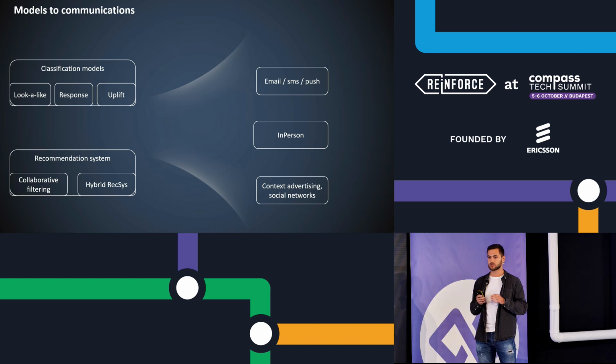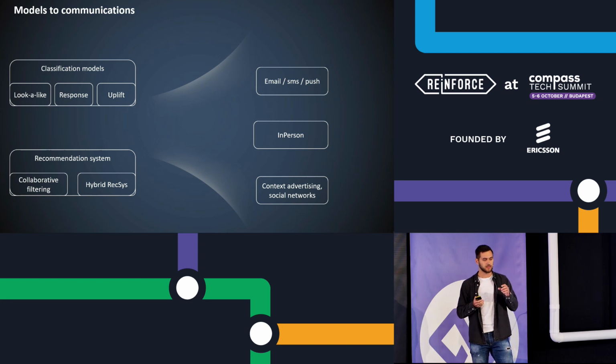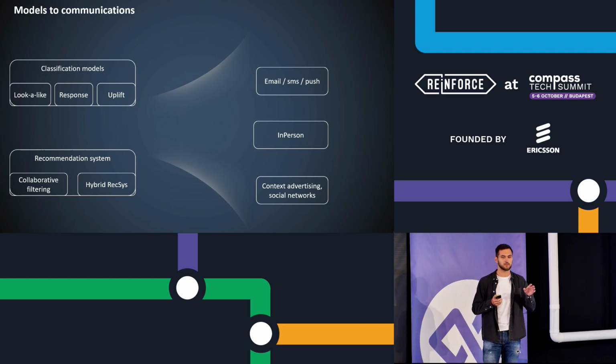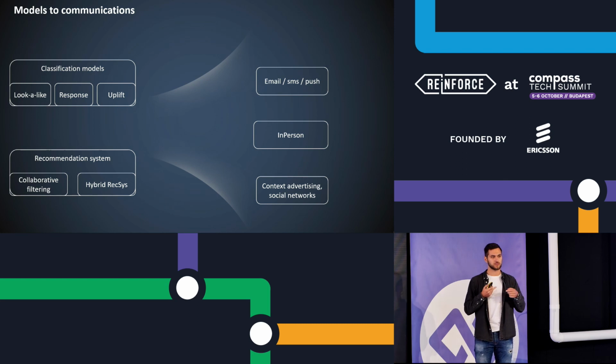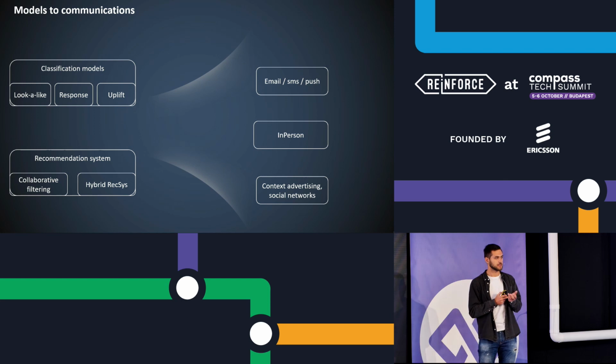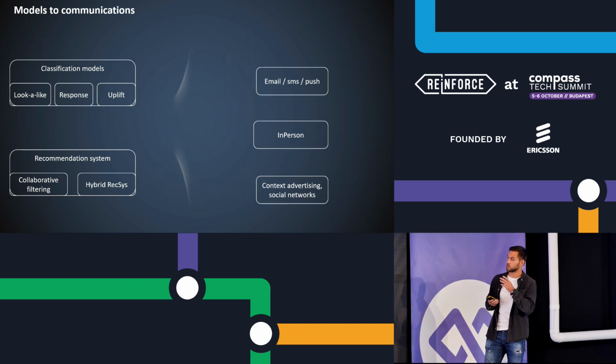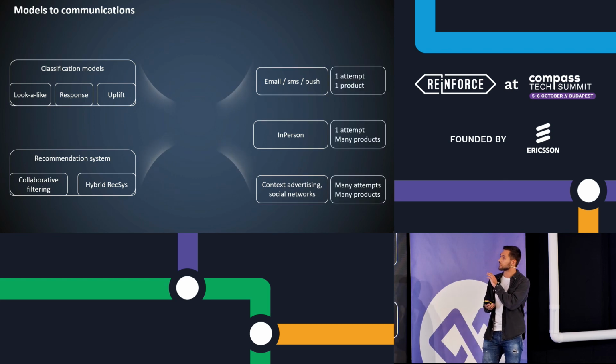And if you look at social networks, just picture this. You're scrolling your feed on Facebook, and you see an advertisement, for example, a new PlayStation, and you like to play FIFA. Now you scroll down, and you see the same advertising. You think you see the same advertising, but it could be adjusted by different factors. The text could be different. The pictures in this advertising could be different. The colors would be different.